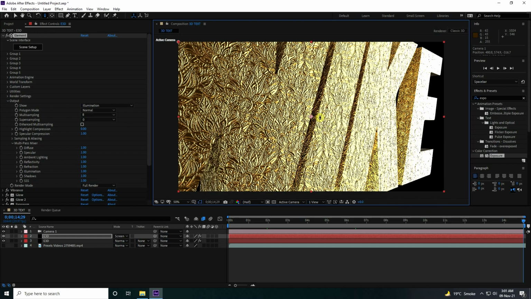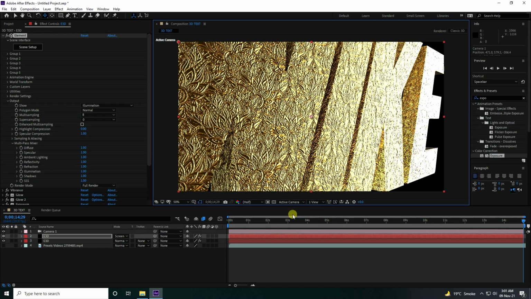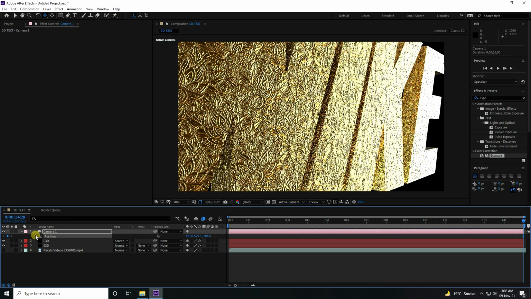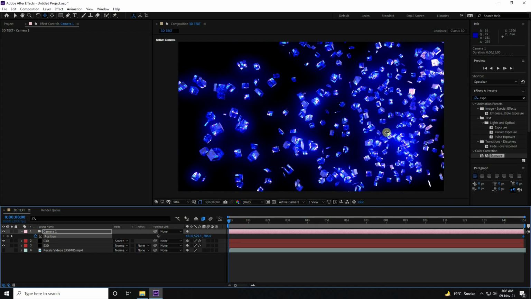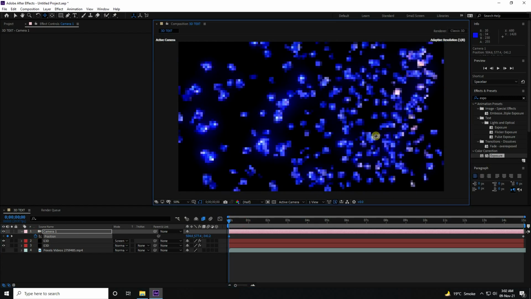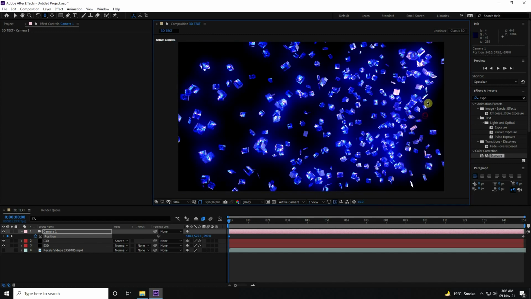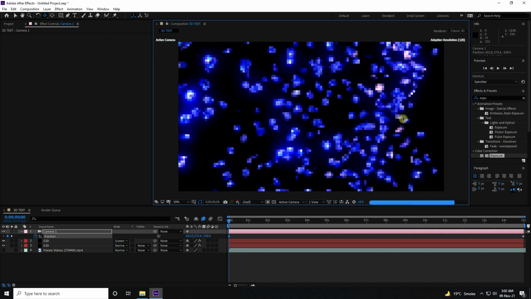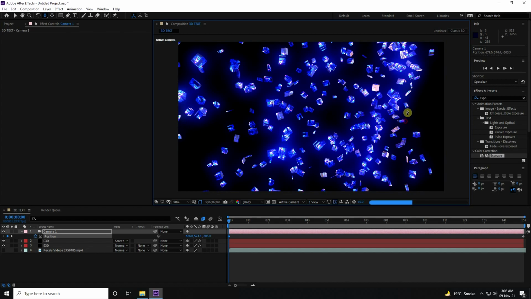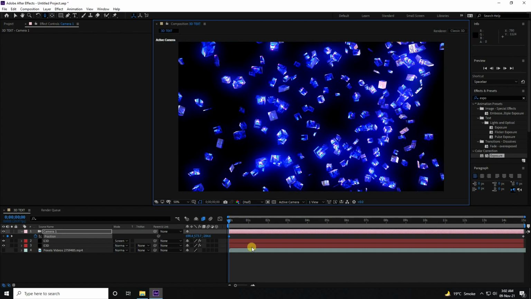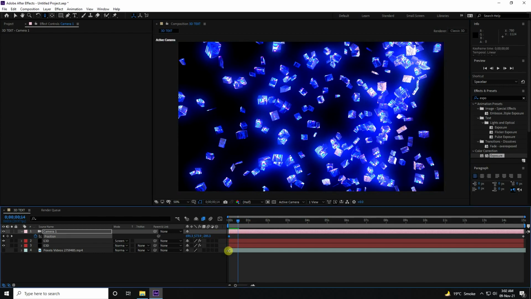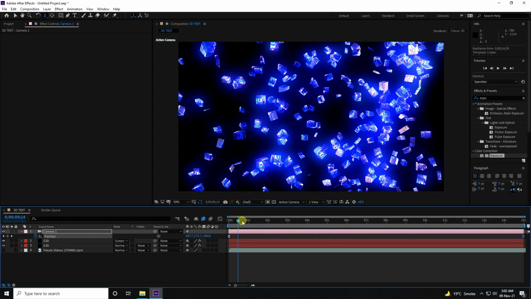Yeah, it's good. Yes. Okay, so guys, select your camera and press P, position check, and go to 0 frame. And guys, I change camera position, so closer, and change a little bit and closer. Yeah, see guys, that's my simple camera movement animation. And guys, select your keyframe and press F9 for smooth animation and play.